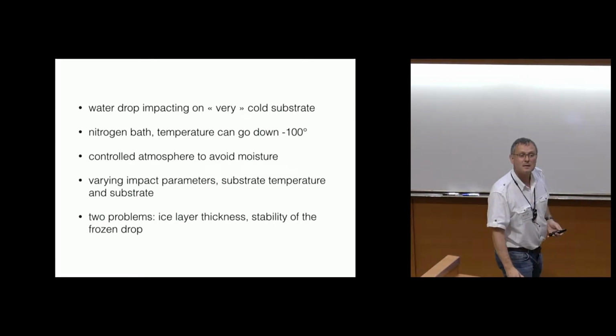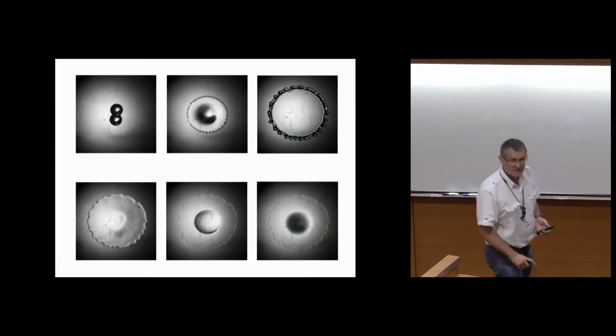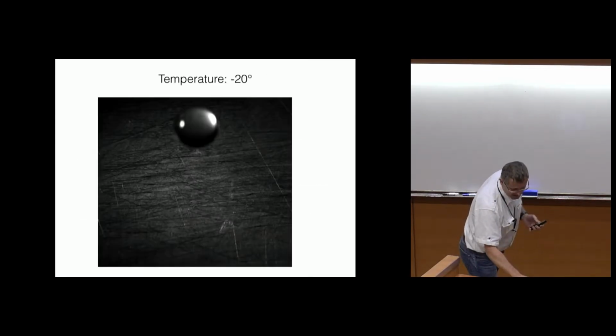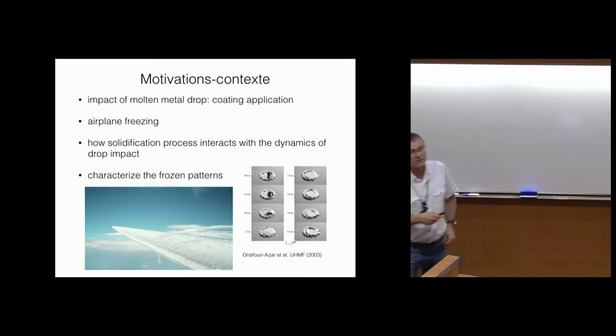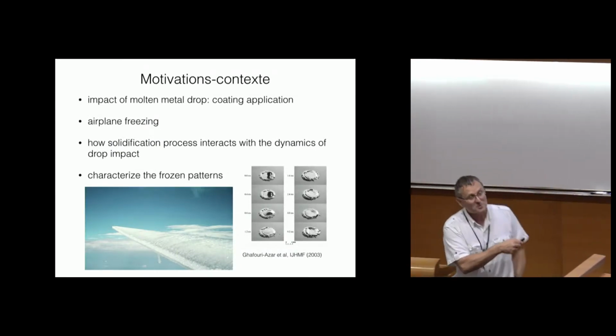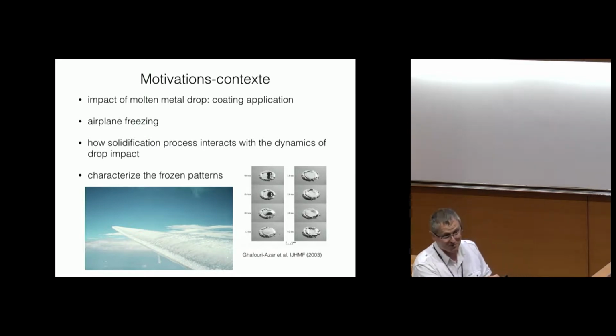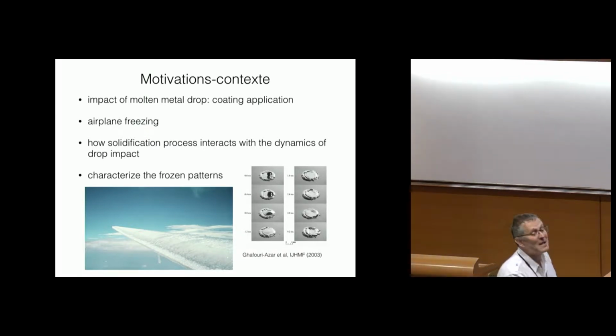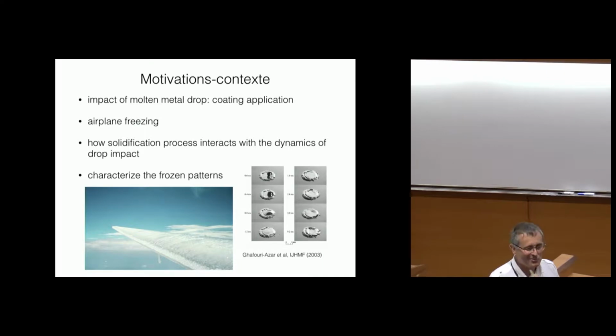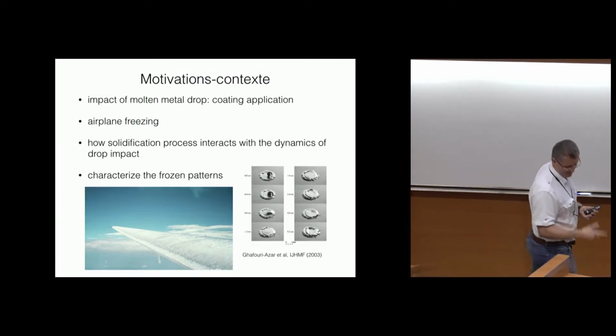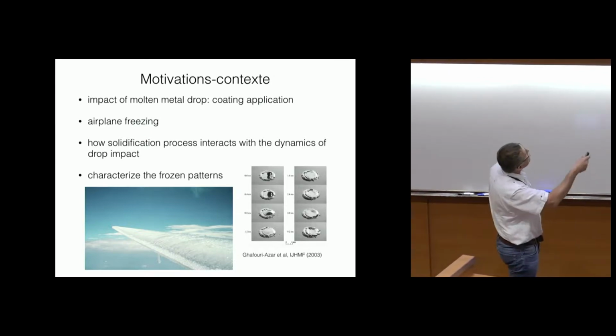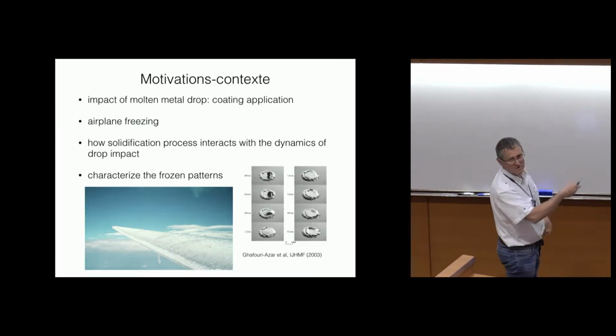Pardon? Is the ice amorphous or is it crystalline? It's crystalline, I think. That's an important point, actually. That is in the things we want to do in the future. Definitely for the metal, at least this metal is definitely amorphous. Or at least we would like, maybe not this one, but we would like to make the same experiments, particularly in the stability process, if you do it with amorphous materials, compared to ice, which is definitely a brittle material. This one, what I want to say is that this one, I think, is not a brittle material. It's more plastic material.